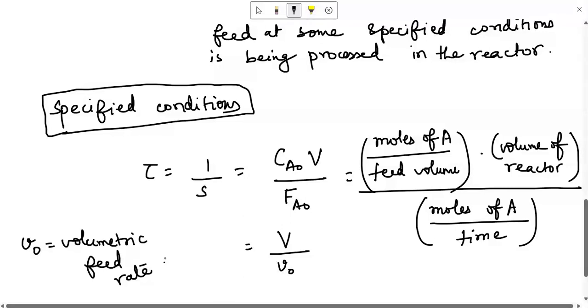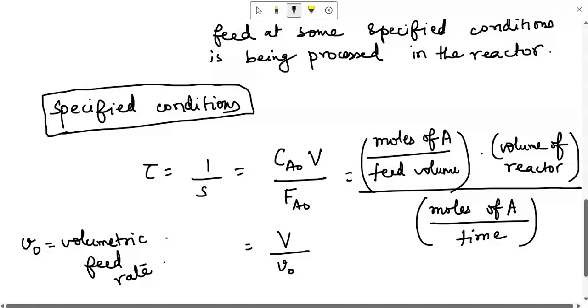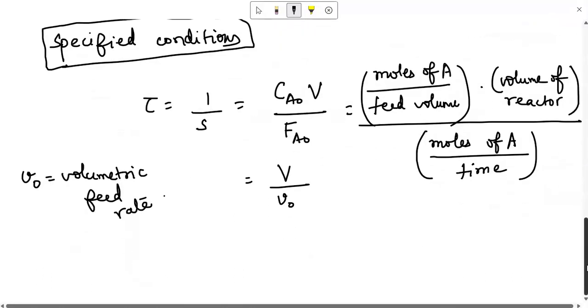The reason why we use this term volumetric feed rate is because it is more convenient when you are doing a practical study using your reactor, that you can measure the volumetric feed rate easily, and this is done at some standard state. So the first caution is measure V naught at some